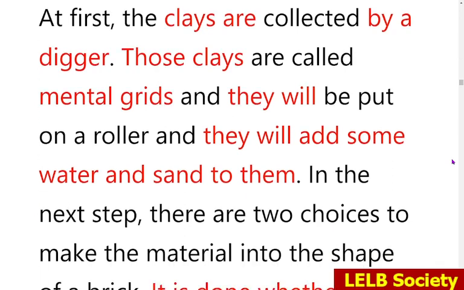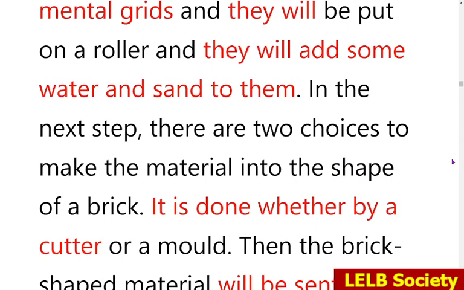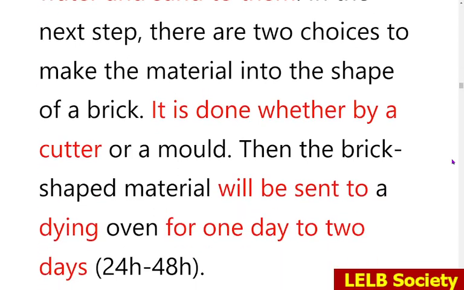In the next stage, there are 2 choices to make the material into the shape of a brick. It is done whether by a cutter. So it is done, it's very cliched and so simple. You need to use some more advanced vocabulary. So this process is completed, so this stage is completed, this task is carried out or performed,